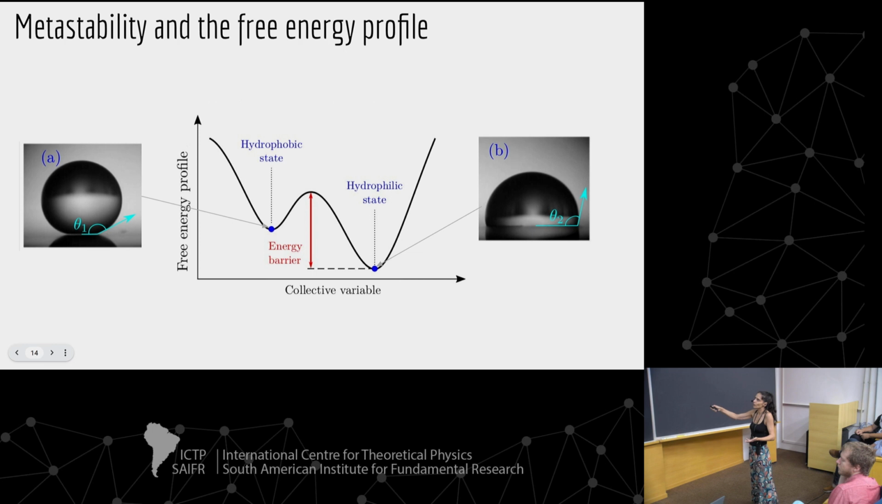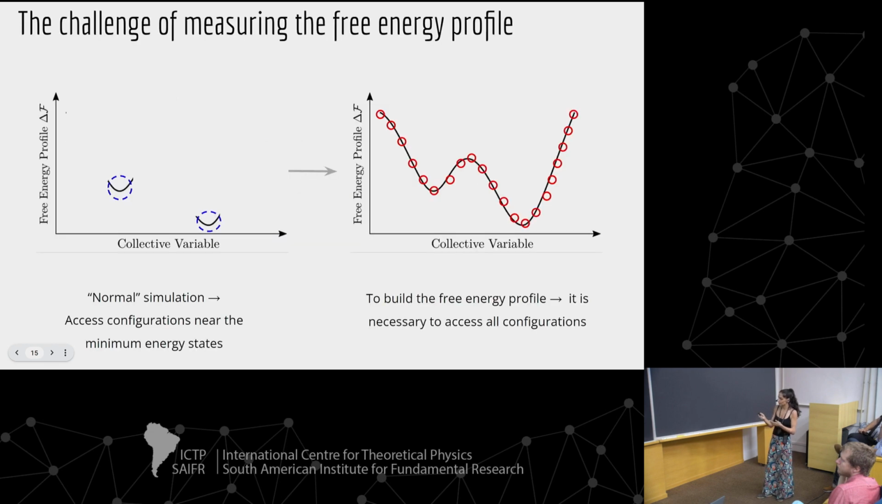In this case, I'm just showing 2 minima. In that case, this state is the metastable one, so actually the hydrophobic state is just a local minimum of the landscape, and this would be a global minimum. And then we want to compute the free energy, but just to remind you, there's a challenge in doing that,